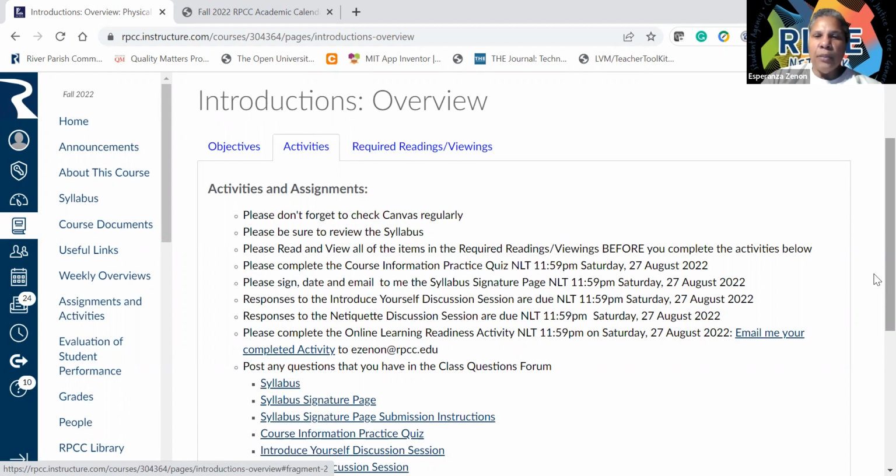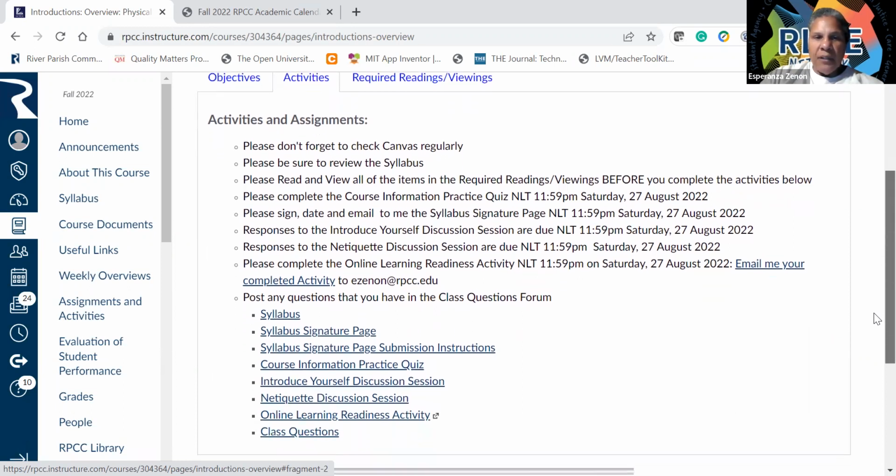Those items need to be completed by Saturday, 11:59 p.m. And in the section about this course, it tells you that your assignments are going to be due 11:59 p.m., most of them on a Saturday. There may be some occasion where I will have to adjust the date depending on the calendar and what we're doing, that kind of thing. But I've tried to make your assignments due on Saturdays, okay,